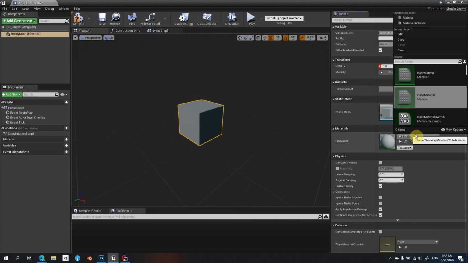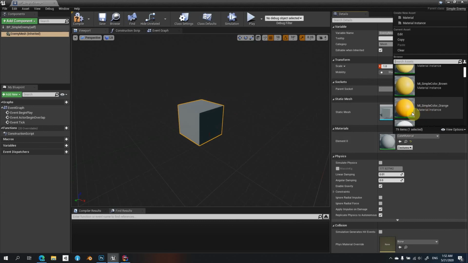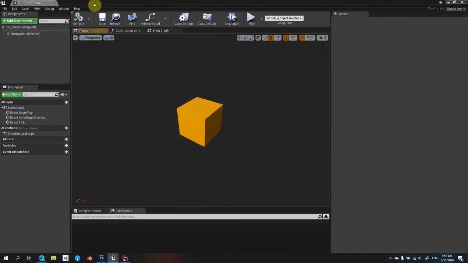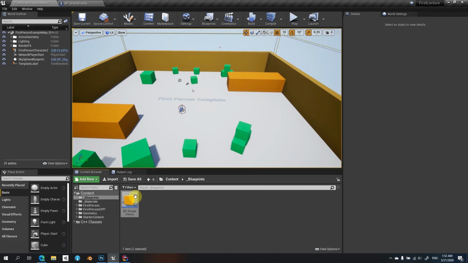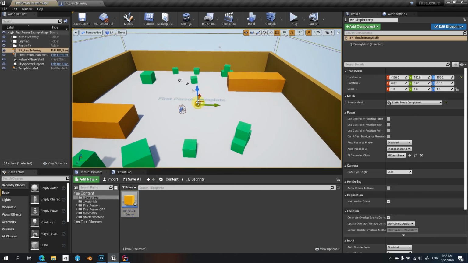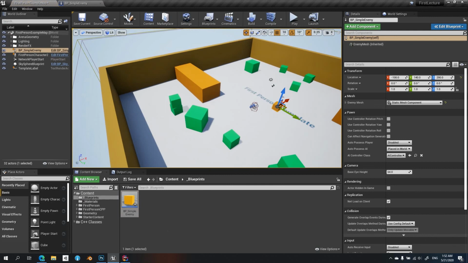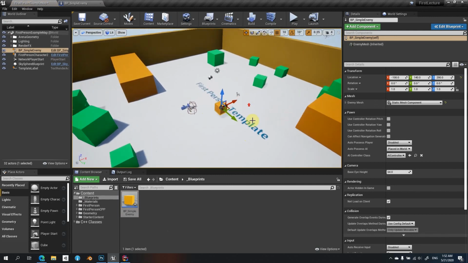And you can assign one of the materials that we already created, for example, this orange one. Very cool. Press compile. It's better to attach it here. Now, when we drag and drop it, you will see you have this blueprint, this type of blueprint of simple enemy,